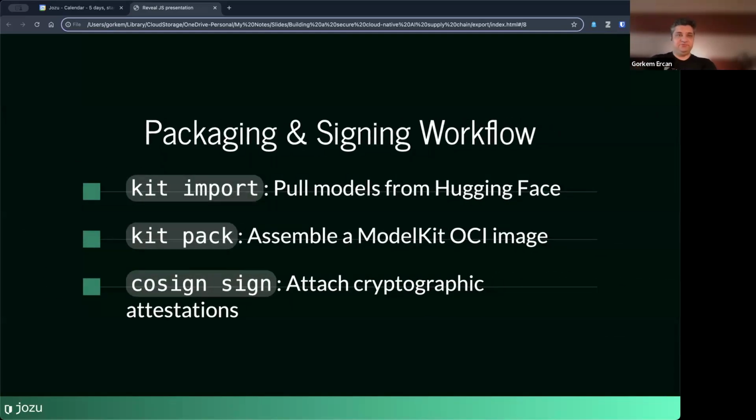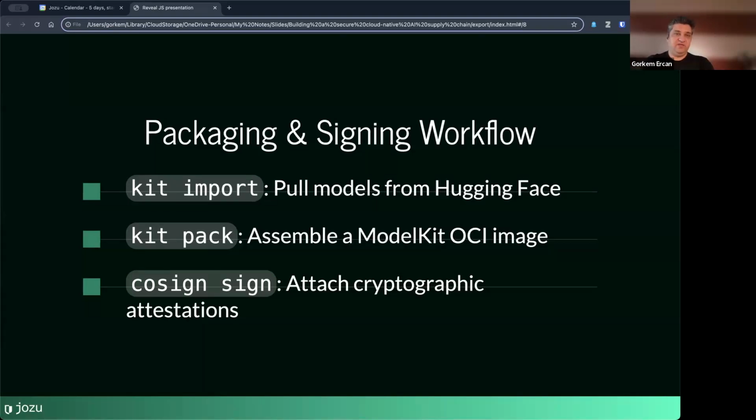So first, we're going to look at how we can do packaging and how we can do signing. Of course, we're not going to train a model today, but we're going to import a model from Hugging Face into a model kit. So we're going to go with the import flow, but you could also do a pack command as well.